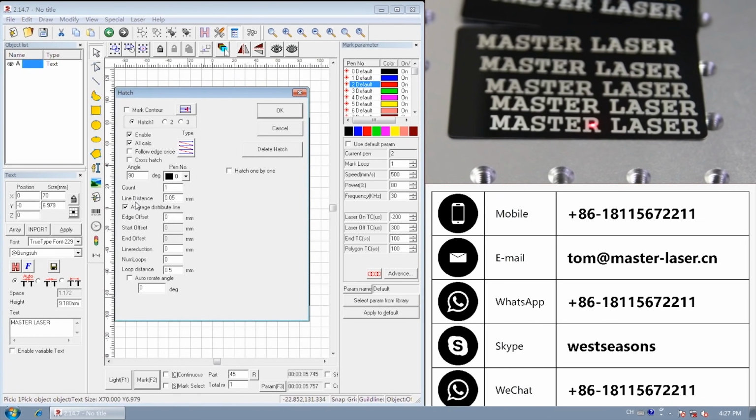What does line distance mean? That is the distance between marking lines. We set it